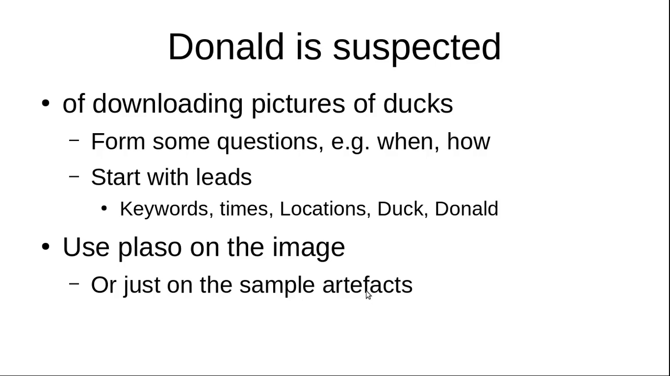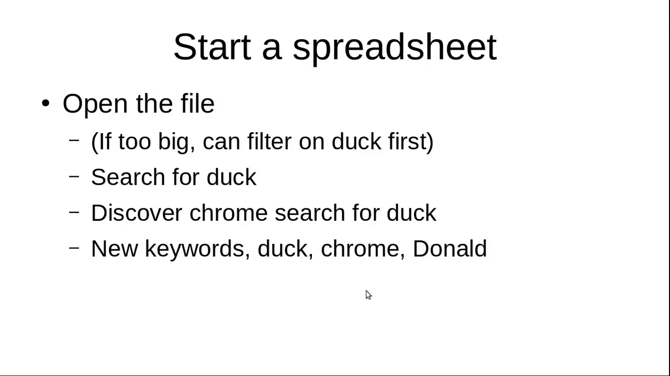So I have a collection of sample artifacts you can use. You might start a spreadsheet, open the file. Now these files can have hundreds of thousands of entries, so they might be too big. You could filter on something, search for duck. You could just do a search for Chrome in your search for duck. You can come up with new keywords. You might find URLs that somebody's visited and things like that. And you can find times, you can find interesting folders, you can search for users, and you can find more